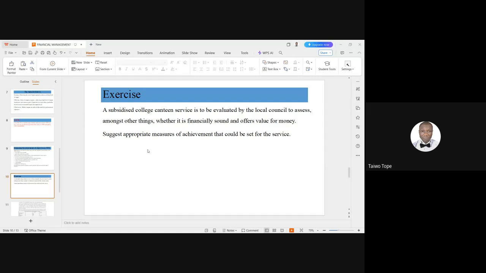If the meal is nice, you see more people will come. That is as a result of customer satisfaction. Yes, effectiveness can be seen in the satisfaction those that patronize the canteen will get. And what is the nutritional value of the meal? Yes, it's not just coming to eat. Is it balanced? Is it nutritional? Yes. So these are the aspects of effectiveness you look at in relation to just this simple